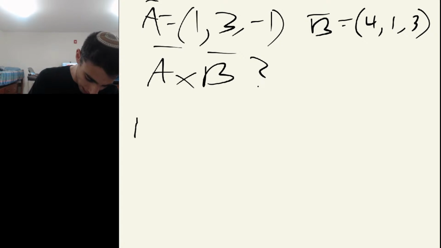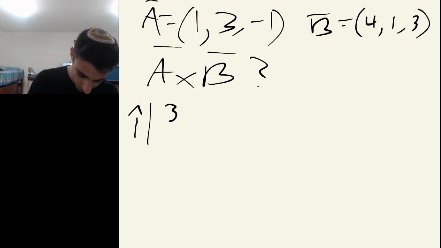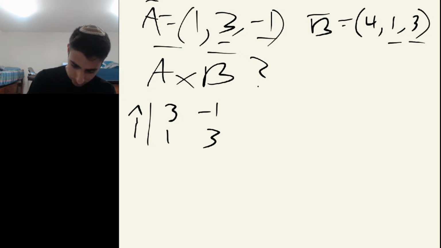So we're going to have i hat times its determinant. What will its determinant be? It's going to be all the non-x's. So it's going to be 3 and negative 1 for the A, and then for the B it's going to be 1 and 3, right? Because it's going to be this and that, and then this and that, right? So it's going to be i hat